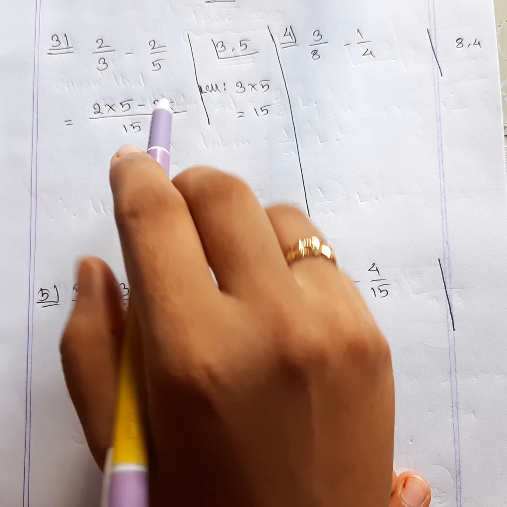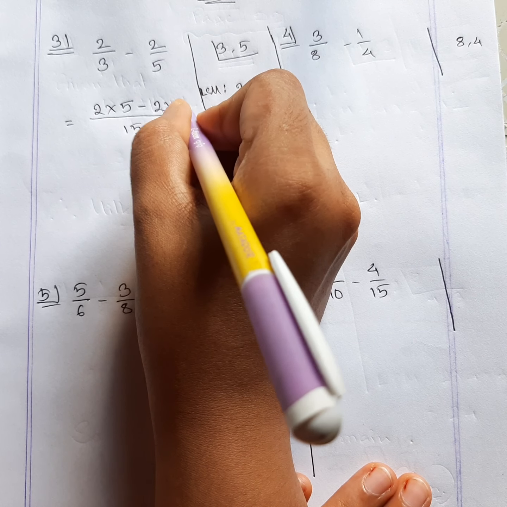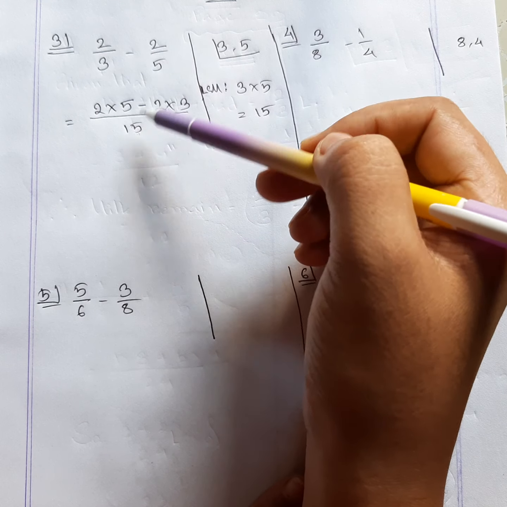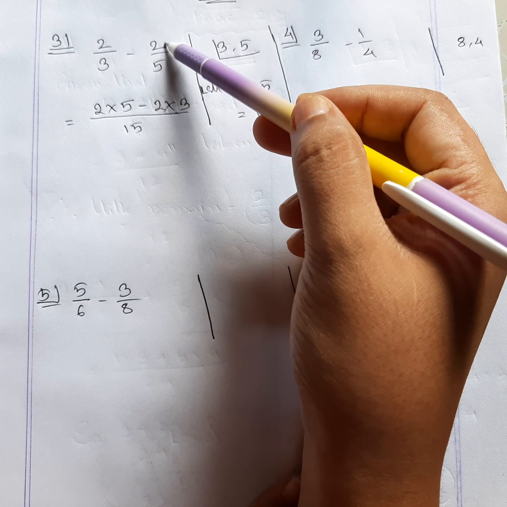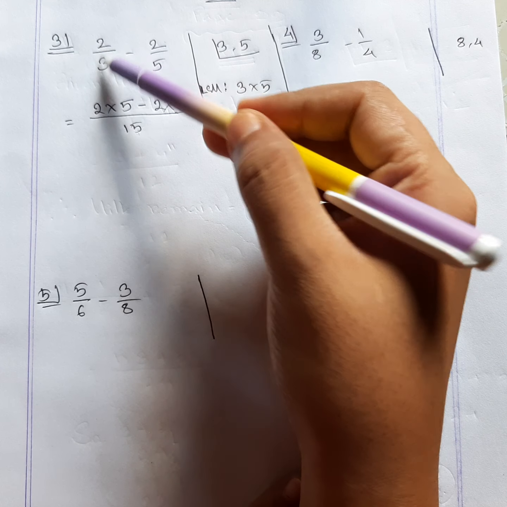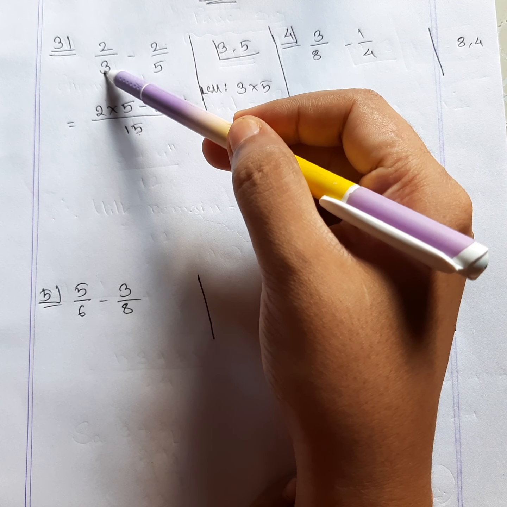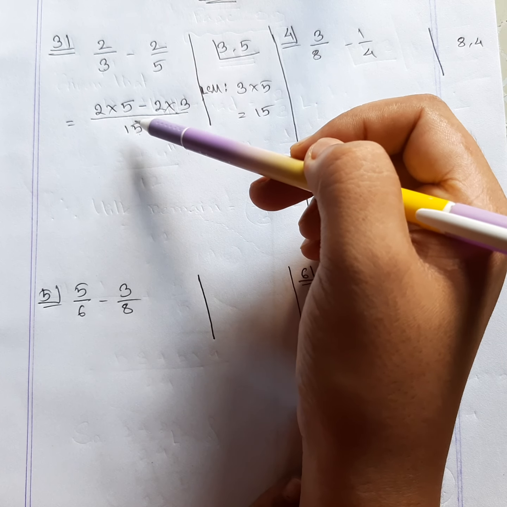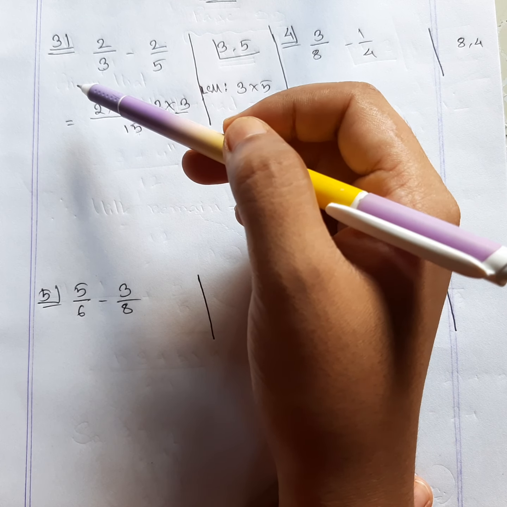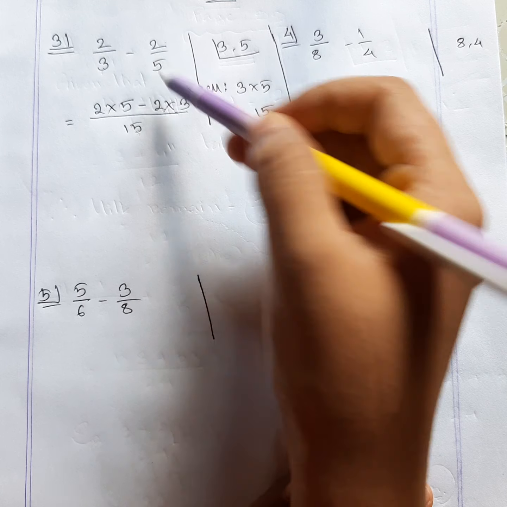And the next part is dividing the LCM by denominator 5, and the result will be 3. Multiplying with 2. Same denominator. Dividing with the same denominator and multiplying with the same numerator. If you divide by the other denominator, you have to multiply the result with that fraction's numerator. You cannot multiply that quotient, 5, with the other fraction. No, you cannot. It must remain with the same fraction.